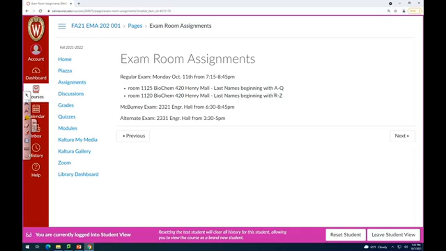But our main exam is going to be over in biochem. We got 2 big old rooms. So we're going to split you guys up by last name. A through Q in 1125. It's like a 470 person space, so we'll fit in there. Or maybe it must not be that big. Maybe about 300 people. And then R through Z, you'll be in the room next door, 1120. But this is up there for all to see.